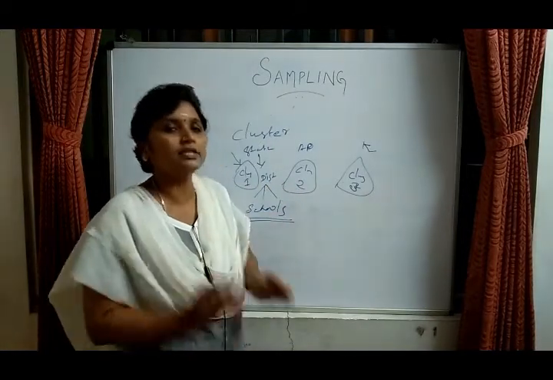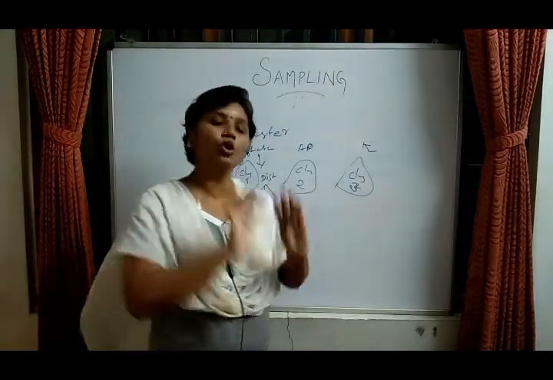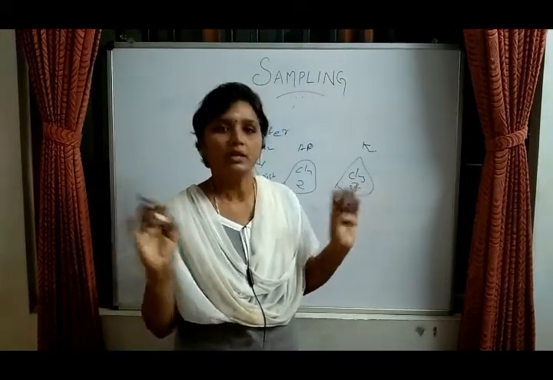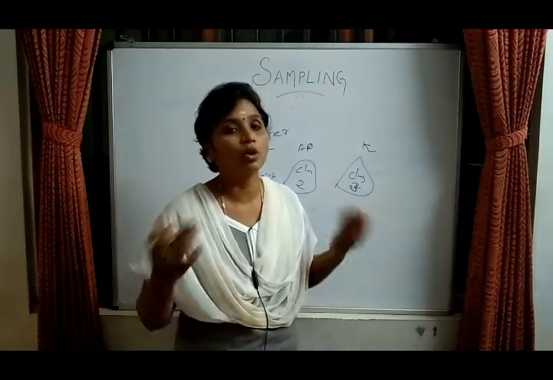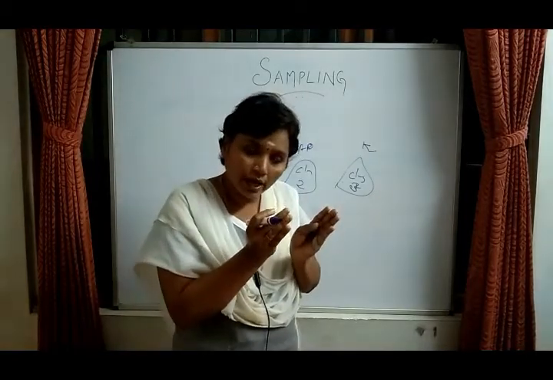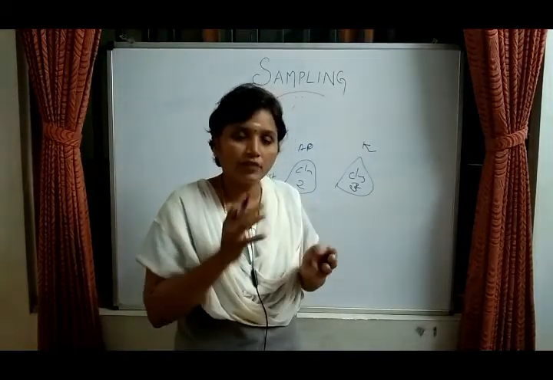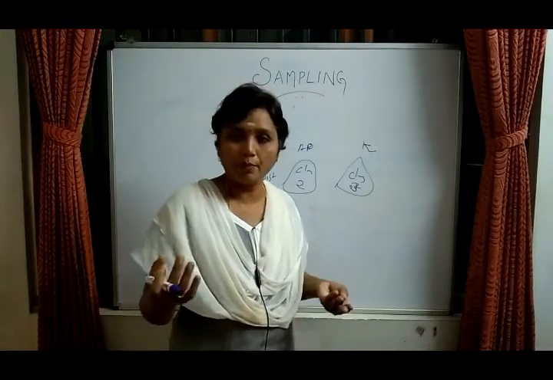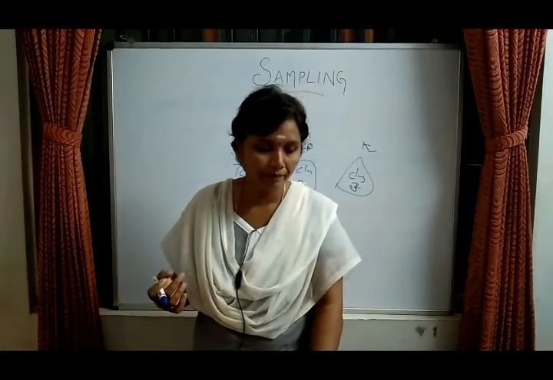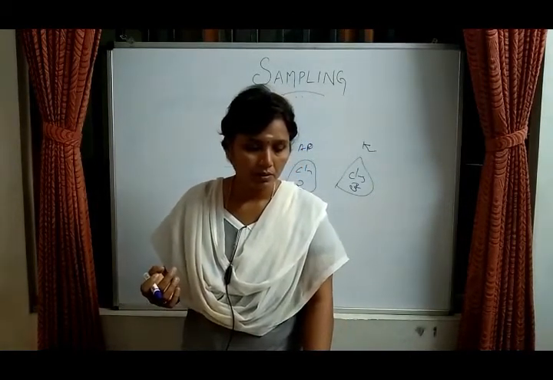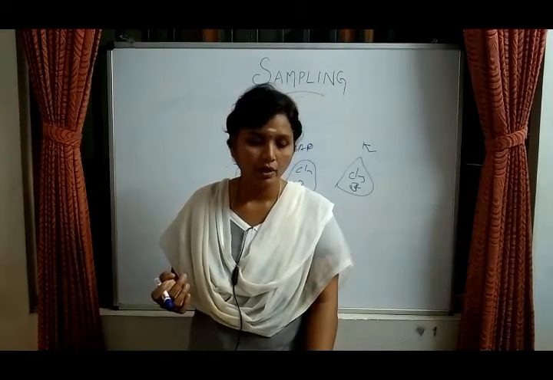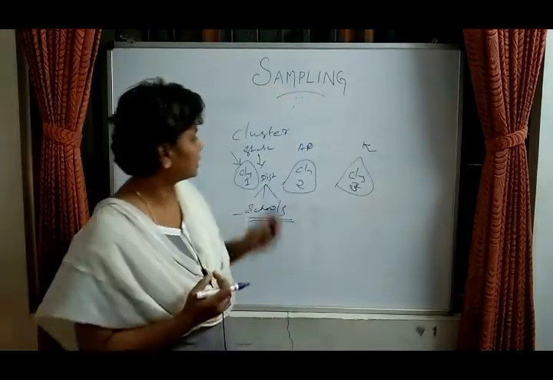We are dividing into subgroups, because as a whole we can't go to all the places and carry out the studies. It is time consuming, and moreover financially we can't afford it. So the area is divided into clusters. From that we will be selecting samples. Okay, that is called cluster sampling. Okay, so this is the cluster sampling.